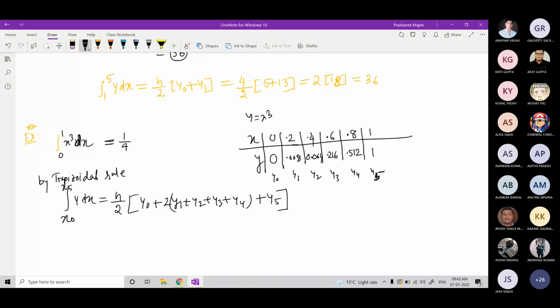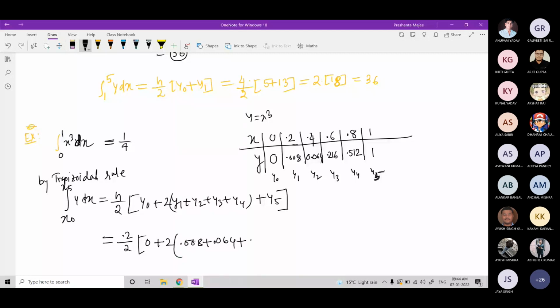You simplify and tell me what is the answer according to you. What is the h here? 0.2. So 0.2 by 2, y naught is 0 plus 2 times 0.008 plus